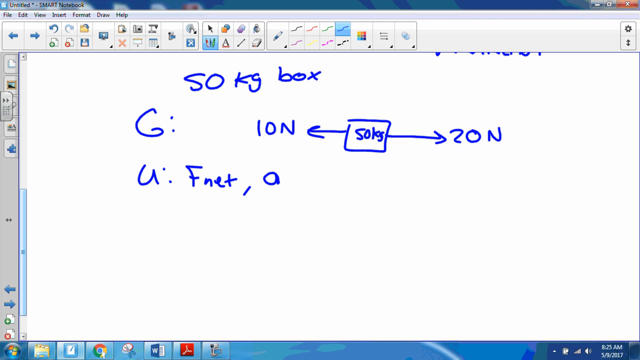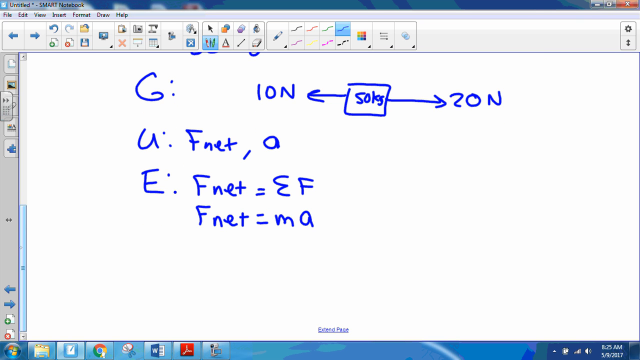Okay, well, we're really good at doing net force already, right? F net, you just add up all the forces. And then that F net is going to equal your mass times your acceleration. Okay? So let's add up our forces. F net